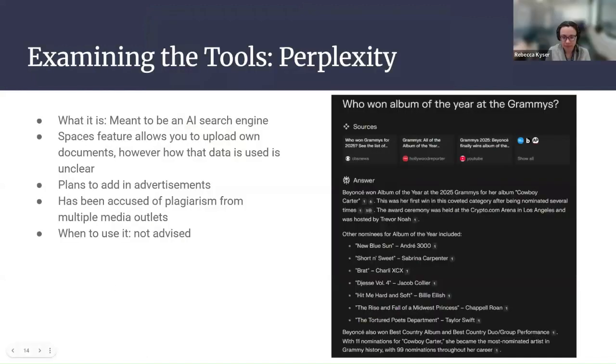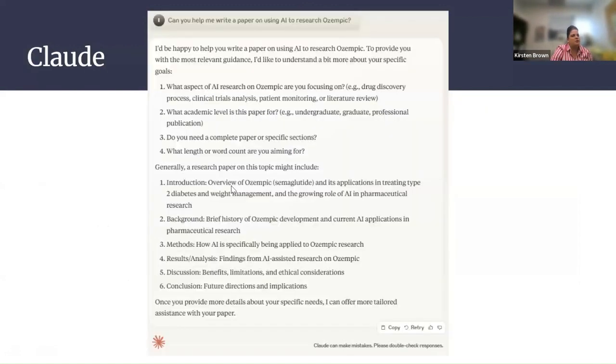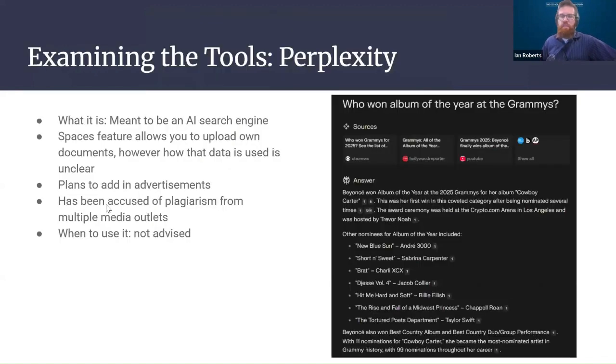Hey, Ian, can I ask you a question? What's the licensing on Claude? Because we have Microsoft Copilot, obviously. I don't think we have a license for Claude, but do you happen to know what that is? At the end, I'll have a link to a LibGuide that gives some more prices and stuff like that. And so I can go over that at the end. Okay. Off the top of my head, I don't recall what this one costs. This was not one of the more outrageously expensive ones. Unlike the next one we're going to talk about, Perplexity.